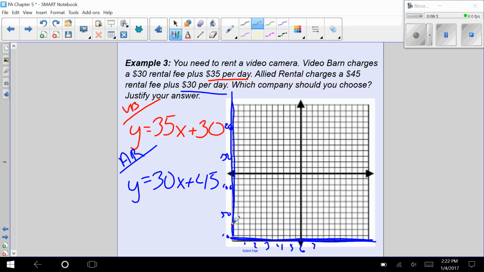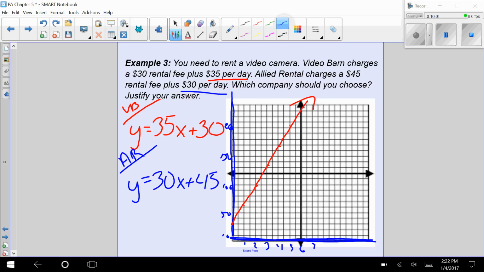But if we go up 35 over 1, well, I don't really like the 5s, but I can make this work. 10, 20, 35 over 1. Remember, my 1 is actually 2 lines on here. 10, 20, 35 over 1. 10, 20, 30 over 1. Let me do one more. 10, 20, 35, 1. There's my line